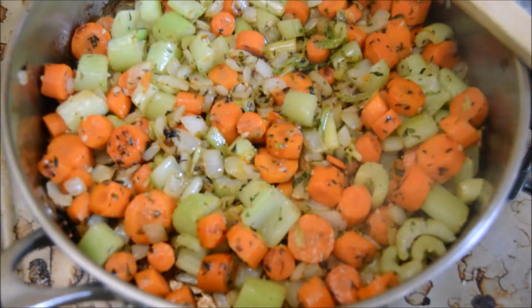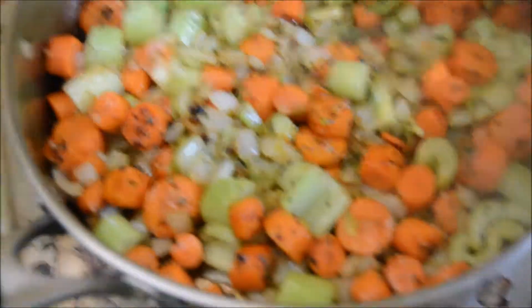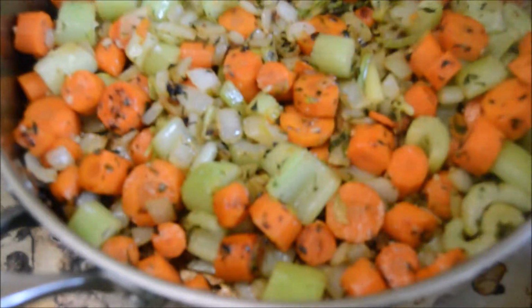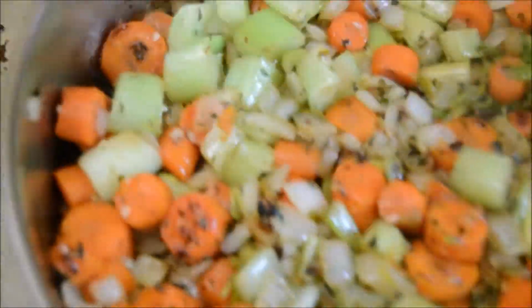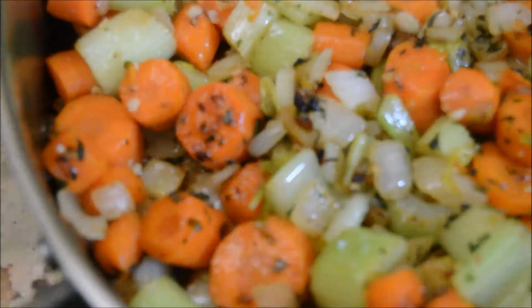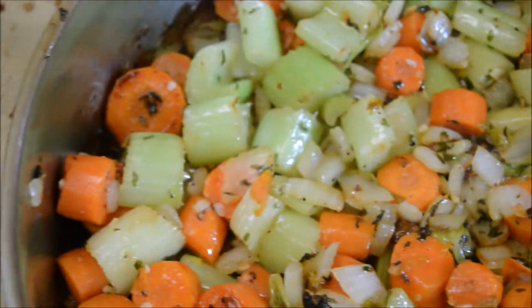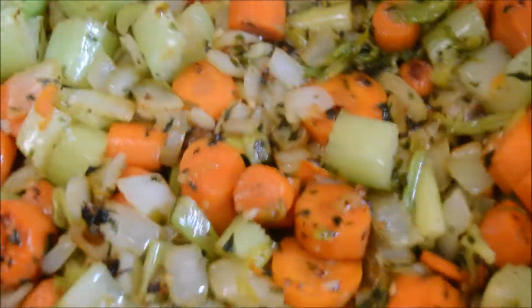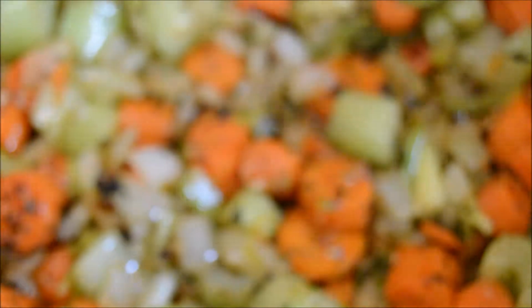Okay, so we're done with this sauteing here. You can see some of the carrots have a bit of brown on them. I don't know if I can focus in enough there. So there's a little caramelization going on in the carrots and the celery, but basically also on the bottom of the pan. So we'll just set this aside